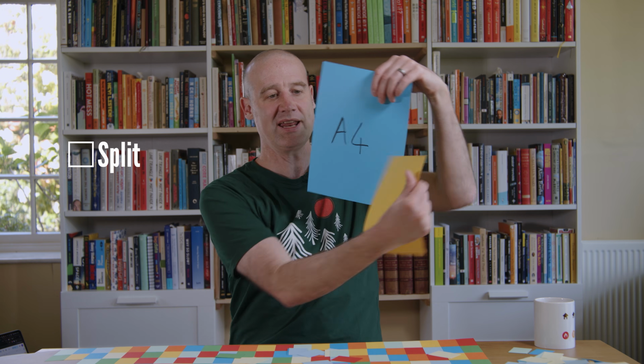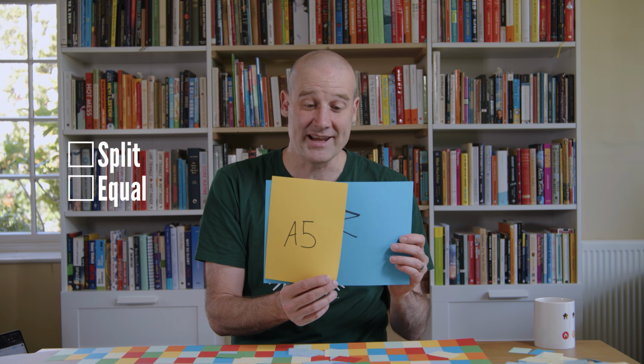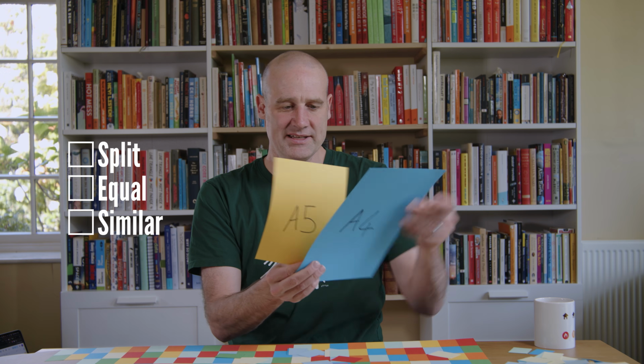There are actually 3 different properties we're after for our paper scale, and people confuse what causes what. But the moral of the story is, we first of all want it to be something where you split one piece to get the next pieces. So for example, an A4, you split A4 and you'll get two A5s. So the first property I'm just going to call, it can be split. Secondly, we want the 2 split pieces to be equal. So in the case of splitting A4 to A5, we split it exactly in half and we get 2 identical pieces. And finally, we want the pieces to be similar. That is exactly the same ratio.